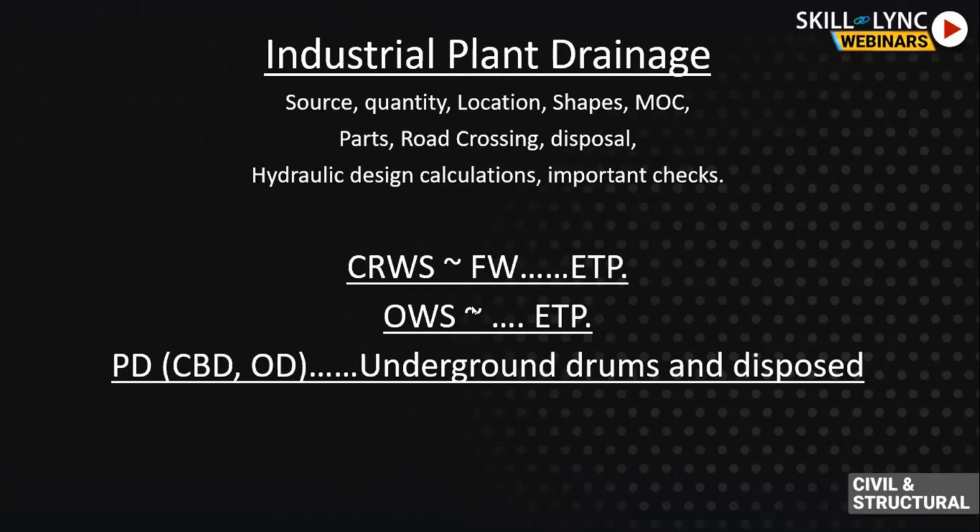If it is, there are many laboratories in the industrial plant to check the pH value or contents, and do the chemical analysis of all these drains also. Suppose the oil recovered is good enough, then it is used or diverted to be reused somewhere. The water which is separated from the oil water separator, if that water is tested in the laboratory and is good enough, it is connected to the raw water fire water pond. If that water has some impurities, it will go to the effluent treatment plant. So like this, there are destinations for the disposal of any drainage which is there in a plant.